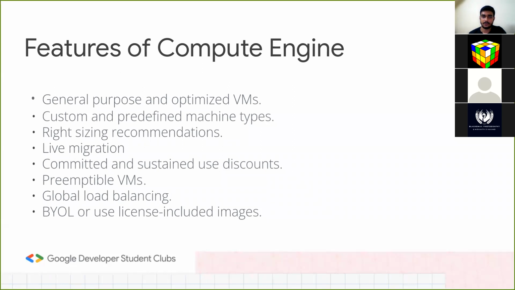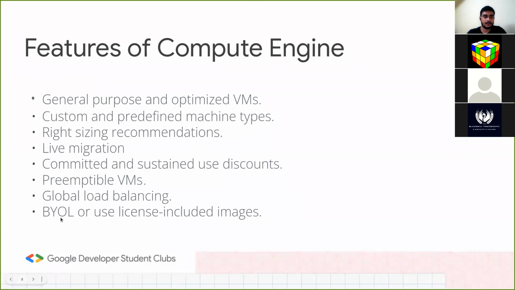So I don't know if you guys have done any lab which includes this global load balancing system, but you can actually deploy your VM in different regions and different zones. So the same instance will be available in different regions. So what is global load balancing? It will send the traffic according to the region it is receiving the traffic from. It will distribute it evenly.